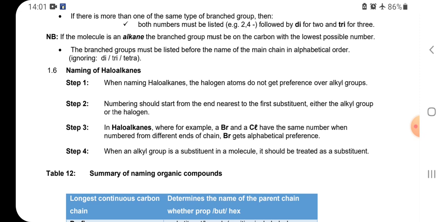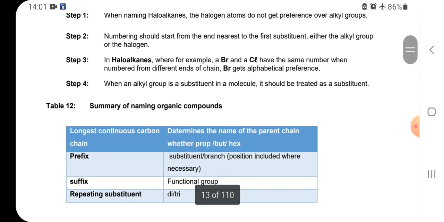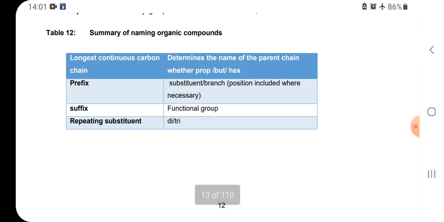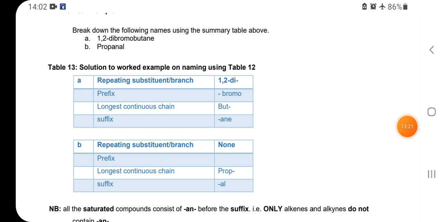Naming of alkanes: when naming alkanes, the halogen atoms do not get preference over alkyl groups. So when you're naming halogens, there are also steps to follow. And in table 12, you have a summary of naming organic compounds: the longest continuous carbon chain, prefix, suffix, and repeating substituent. So this is the breakdown. The following names are on top there,